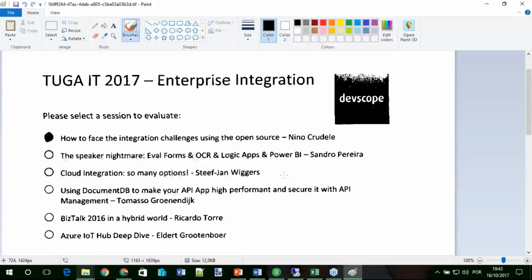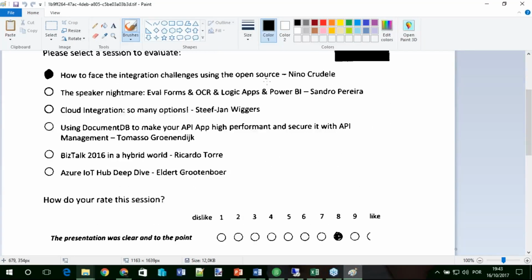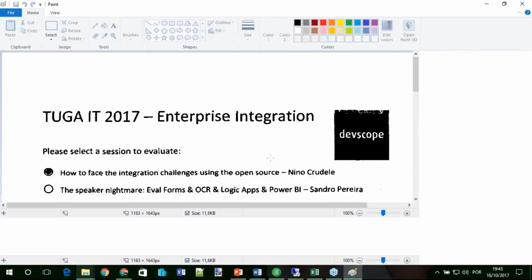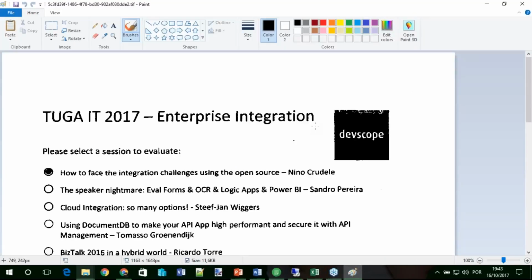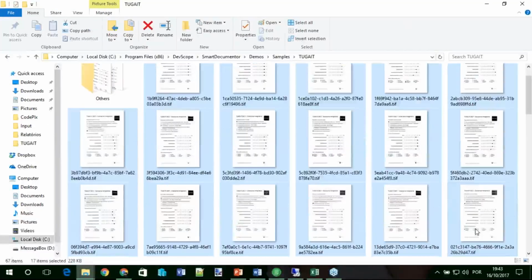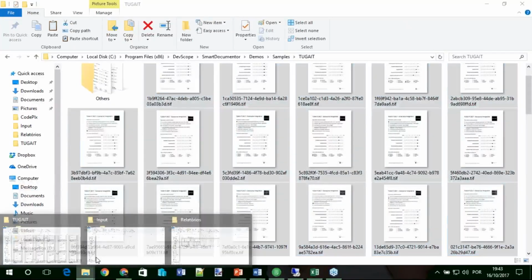It's actually not in a good condition. You see that there is a lot of poor image quality. This is actually an Nino Cordelli session, but I have different ones. Nino is always here, but I have Eldert and others. Other forms. It's just a matter for me to copy and put the files in that folder.